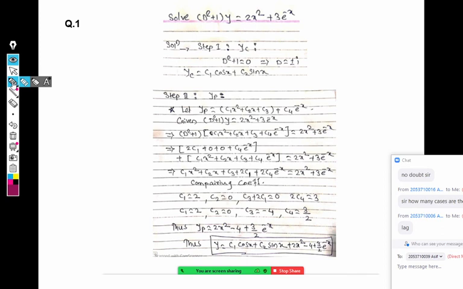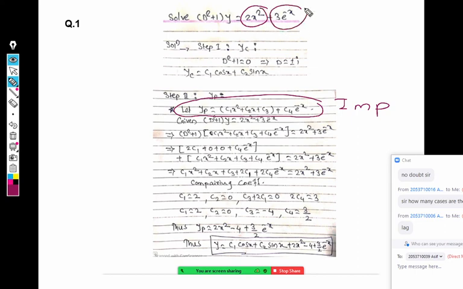Okay, so here is yp. See, the trial yp is written here. Can you get this trial yp? Is there any doubt? This is very important. Are you getting why I have written the first bracket as c1x square plus c2x plus c3? Because it is a trial yp for the quadratic term. Then for this term I have written c4. It doesn't matter that I use the same constant letter, because here we have to find the values of c1 to c4.